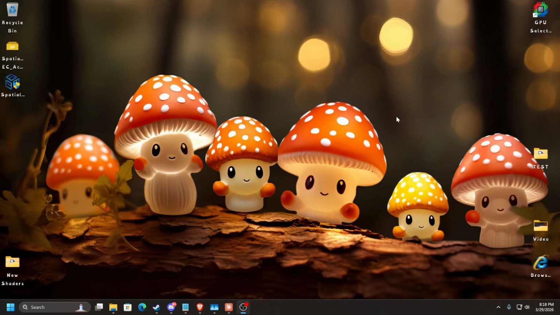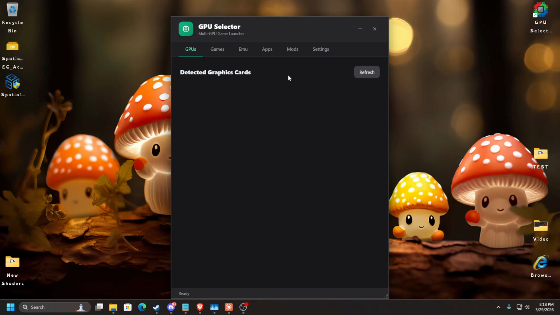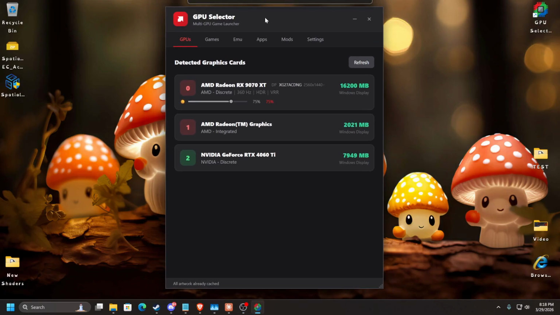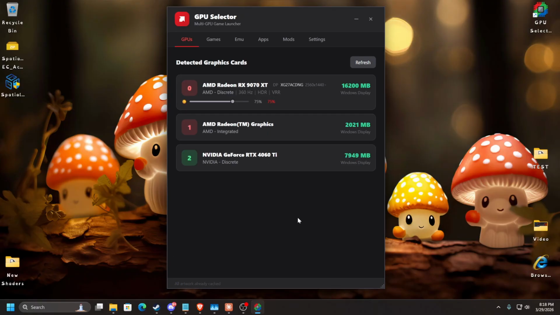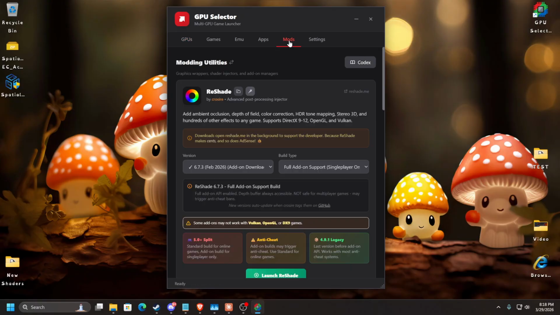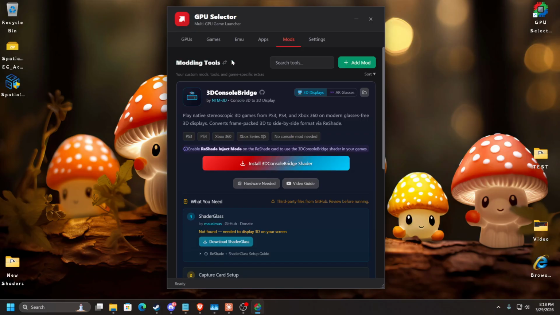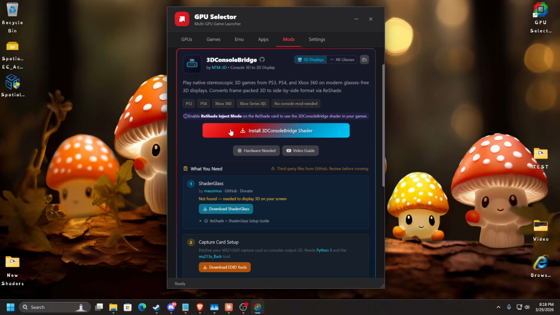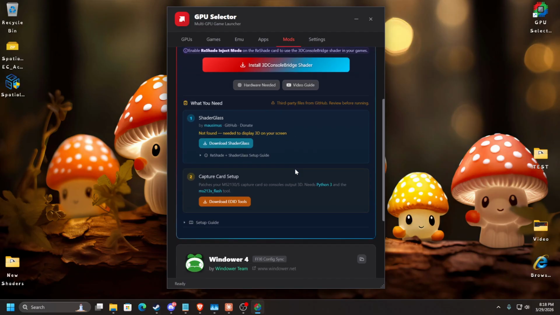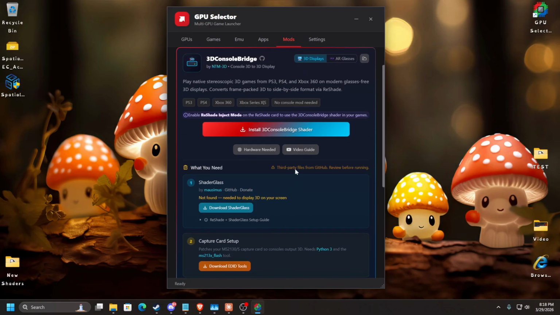Alright, this is going to be talking about update 1.2.8 for Selector. So this app, we added a new card in the modding tools section. It's 3D Console Bridge. Basically, this should make it easier for setting up